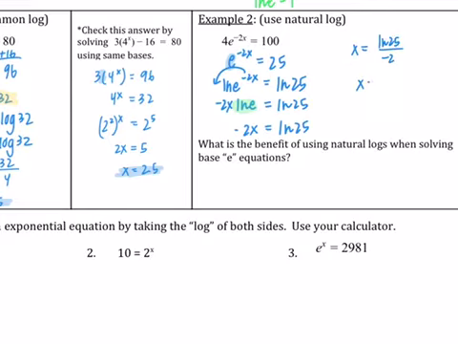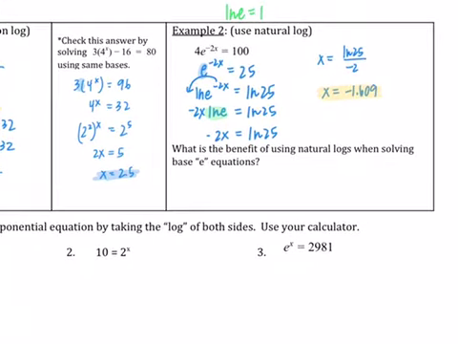And I get my answer, which is negative 1.609. Okay. Now, notice that x is in the exponent. So some of you are probably like, you can't get a negative answer, Miss Byer. You actually can, because that's the exponent. It is not the base or the argument. So we're okay. So the benefit of using natural logs is that the natural log of e is equal to